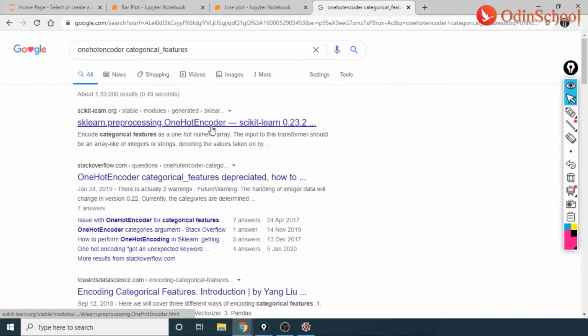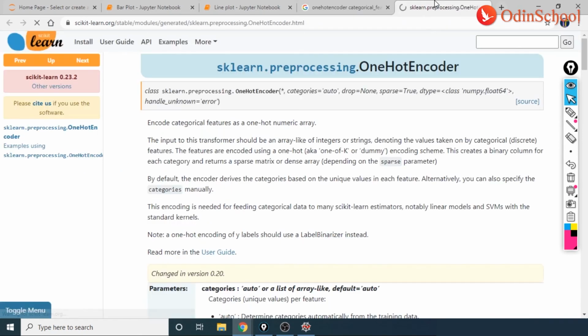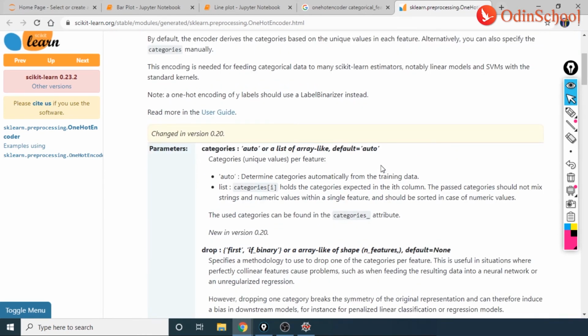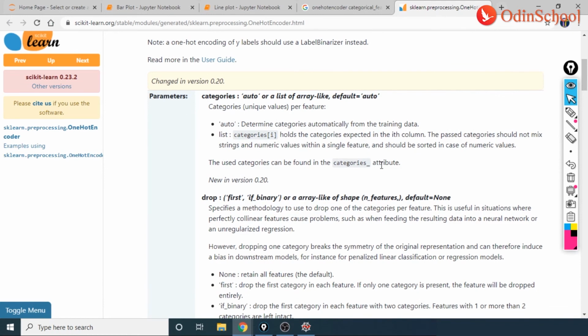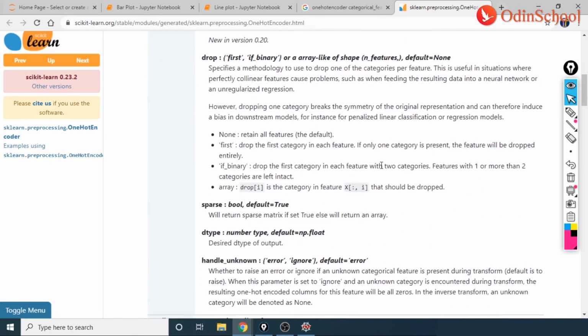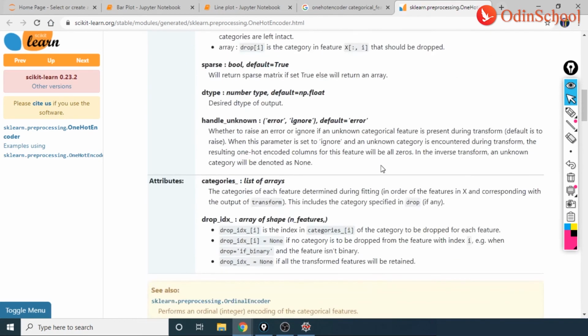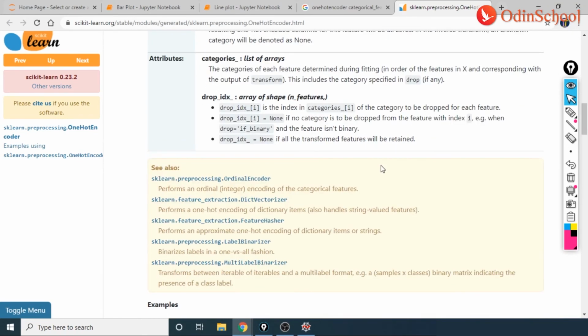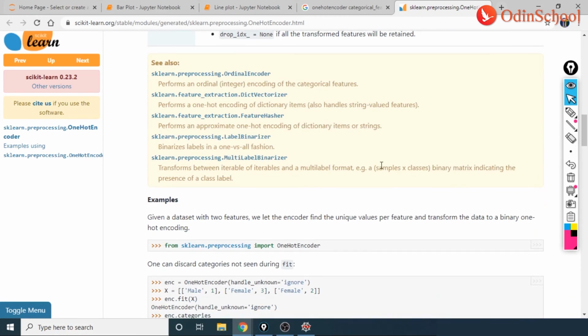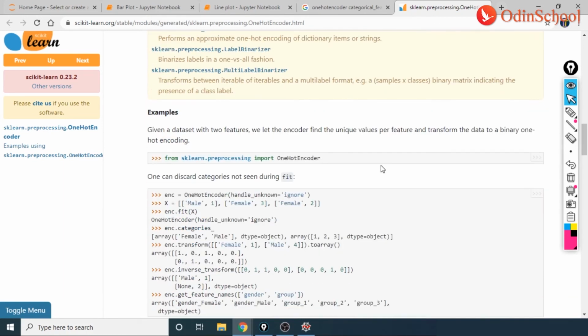Right, so I'm into this one hot encoder. Okay, so I guess it is changed to categories. Because we don't see any feature as to what we have written, right guys?